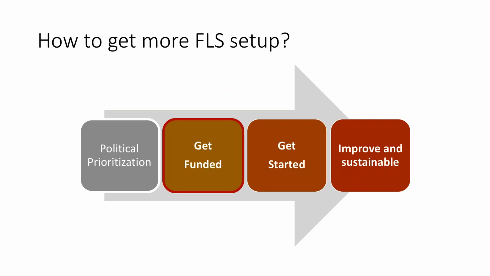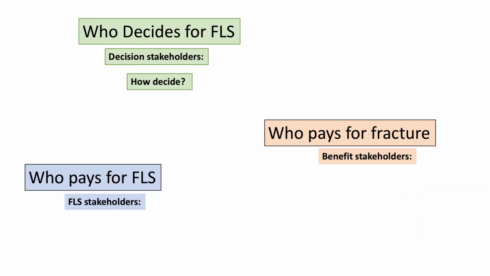So what about getting funded? We now have to transition from the evidence, from the trials, and from the health economic data to a more pragmatic approach to getting funding. And the key step here is to know your audience. We like to think of 3 key audience members in this process. In the top in green are the decision stakeholders. These are the people who decide that an FLS is a priority, either locally, regionally, or nationally. They may be distinct from